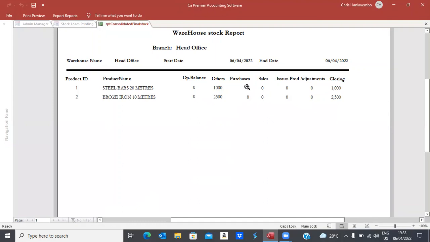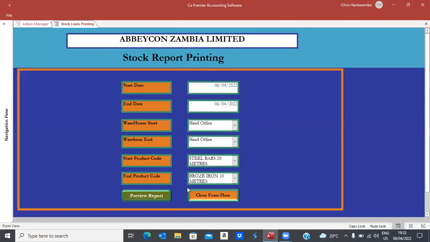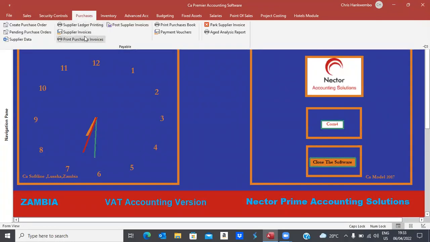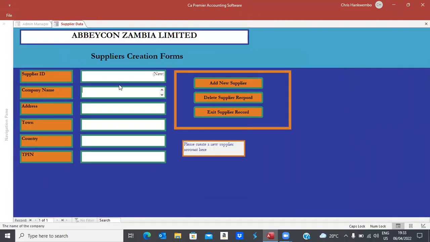Now what if I wanted to place an order so that I increase this one from 1,000 to 1,500, meaning I have to order 500 more. Here, let's say I want to order also 500 more. You press an order, no problem. So I'll close here. Before I press an order, I need to make sure that I have a supplier of those stocks. I'll go under supplier data here and say maybe I'm buying them from